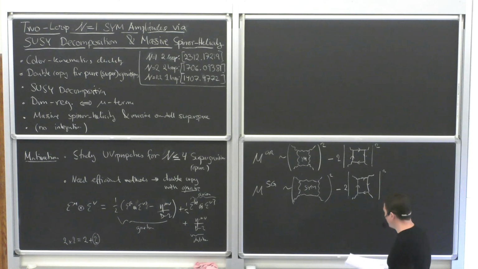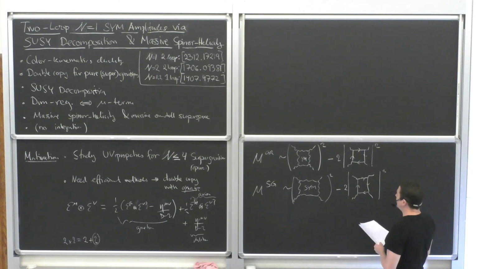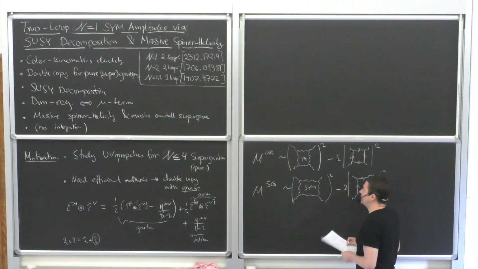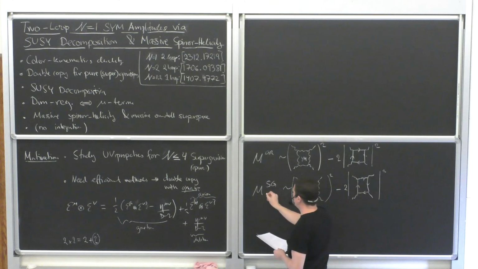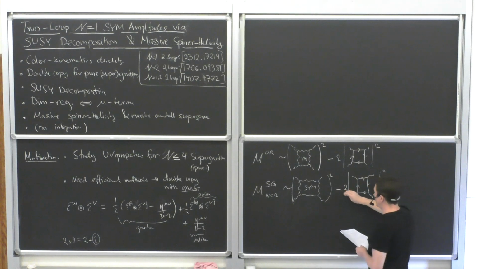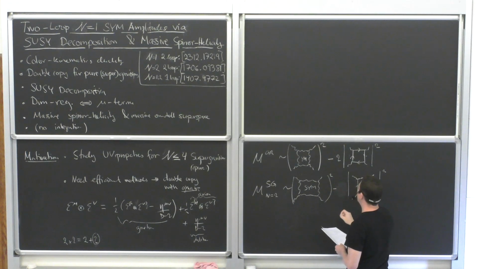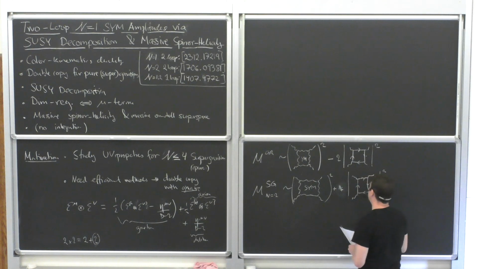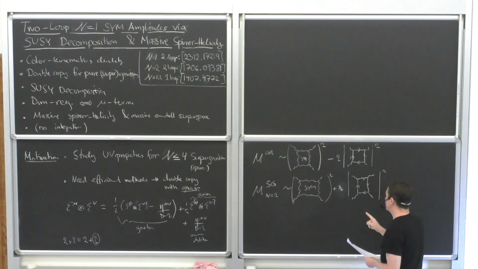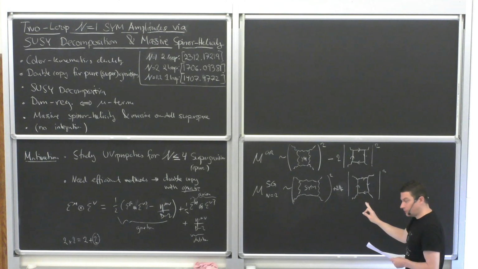Why does it work? Yeah, so it essentially works because I think it's actually easiest to understand for the n equals 2 case. So if you do n equals 2 supergravity, then it turns out that you can generalize this formula. So you add NF states, let's call it NF, and maybe there's a factor 2 as well. So it turns out that this is also a valid double copy that you can do.